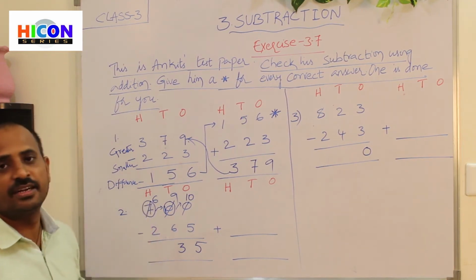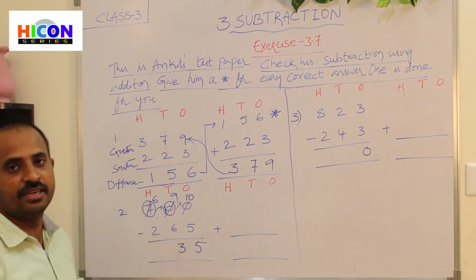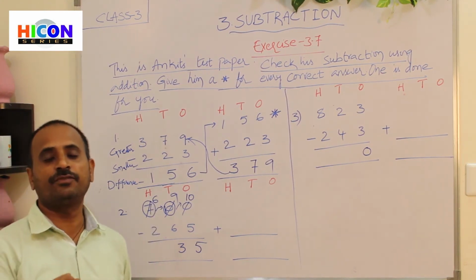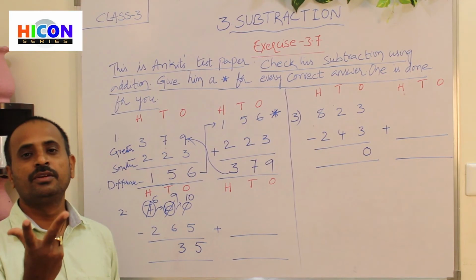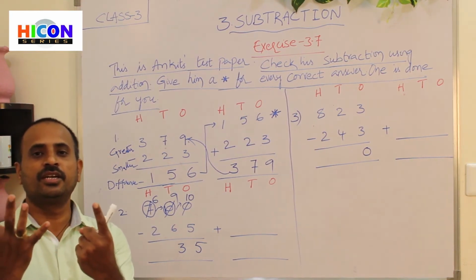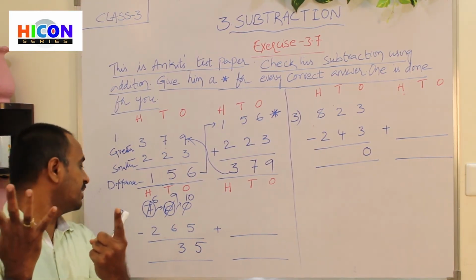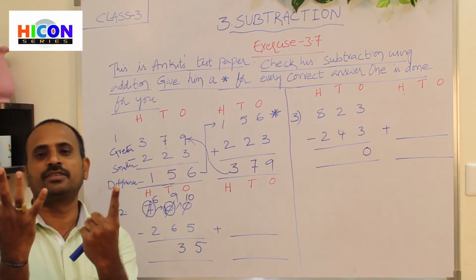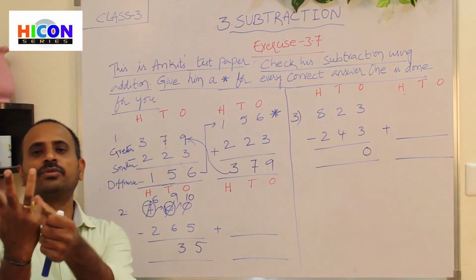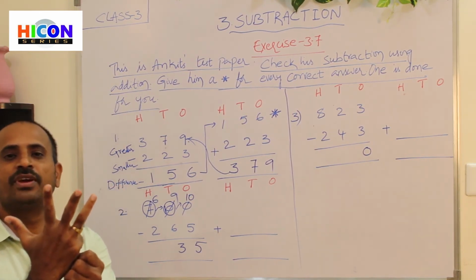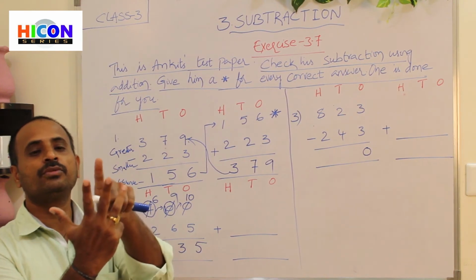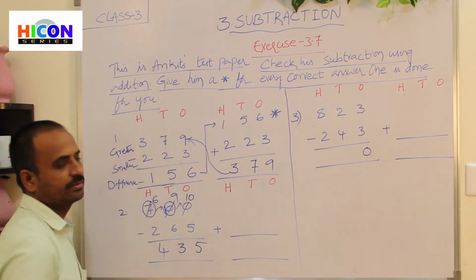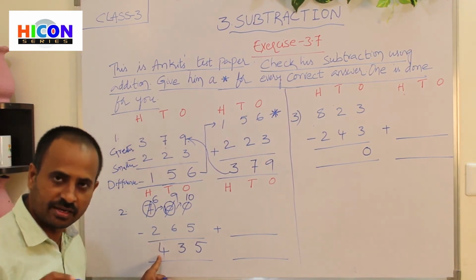So next go to hundreds place. What are the digits present in hundreds place? 6 and 2 are present in hundreds place. So what is the first digit? 6. So open 6 fingers of your hand. 1, 2, 3, 4, 5, 6. Children, these are the 6 fingers. And what is the second number there? 2. So close 2 fingers among these 6 fingers. 1, 2. I have closed 2 fingers. Children, how many fingers are there remaining? 1, 2, 3, 4. So there are remaining 4 fingers. So write 4 here. So the difference is 435.